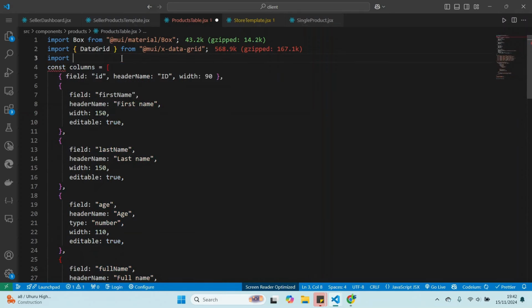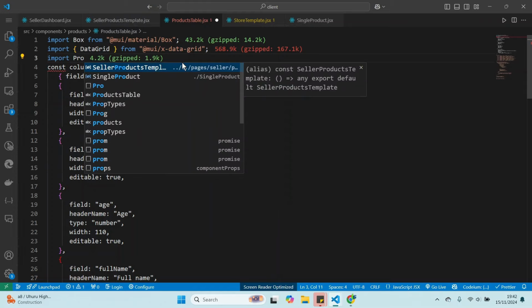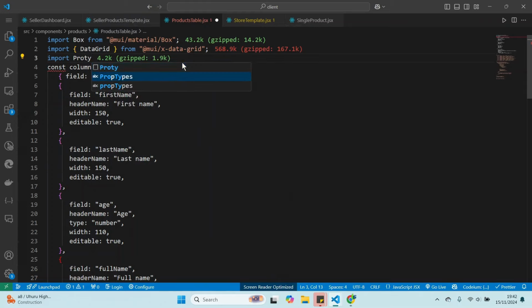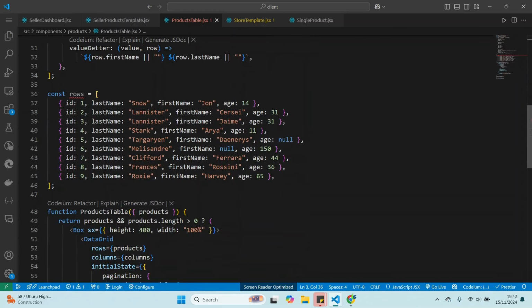Can do import PropTypes from prop-types. What else? This one, okay. For product now,